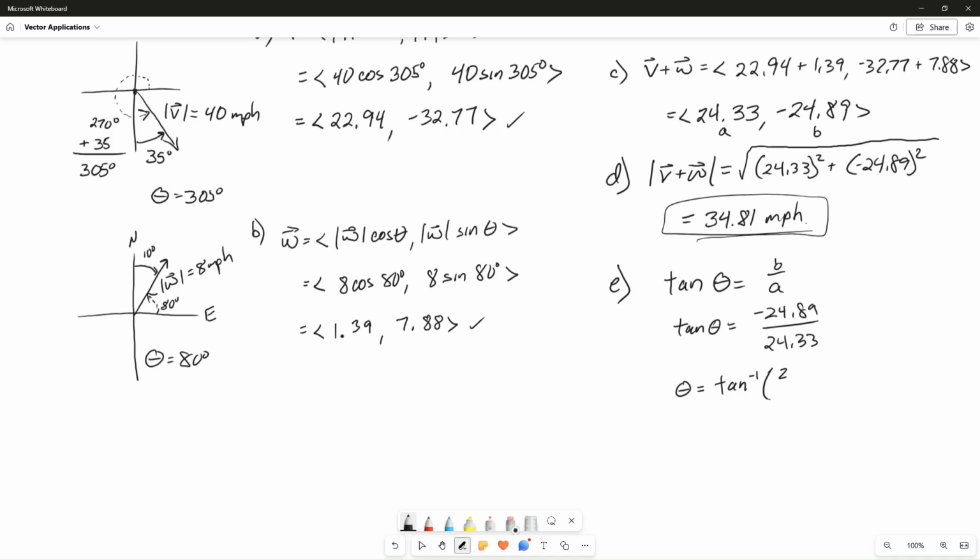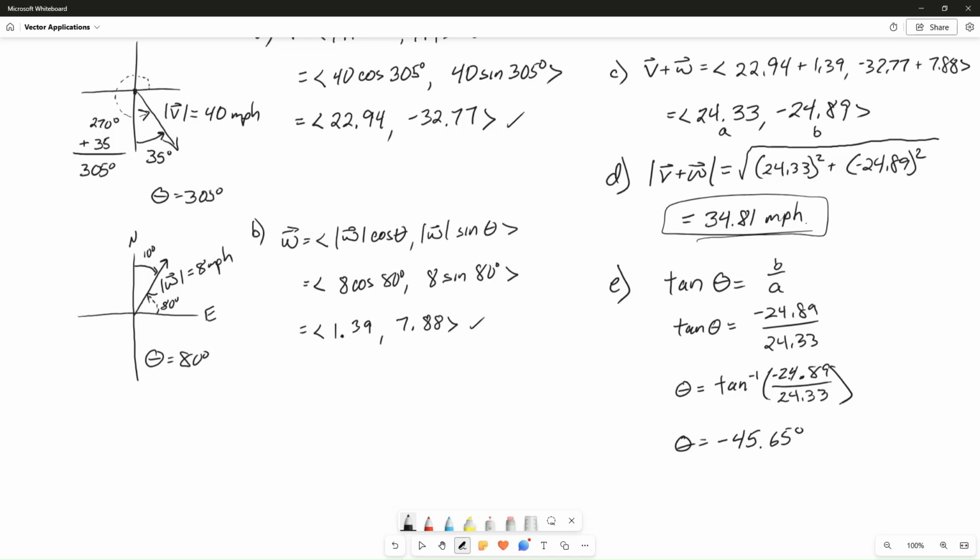So we're going to have theta is equal to the inverse tangent of negative 24.89 over 24.33. And we'll go ahead and compute this as an angle in degrees. Using our calculator, we get that this angle is negative 45.65 degrees. Okay, so I need to take that angle, that's a standard position angle, and it's in the fourth